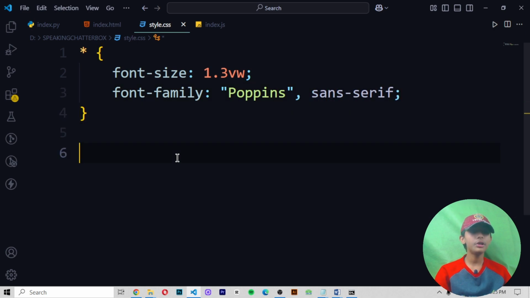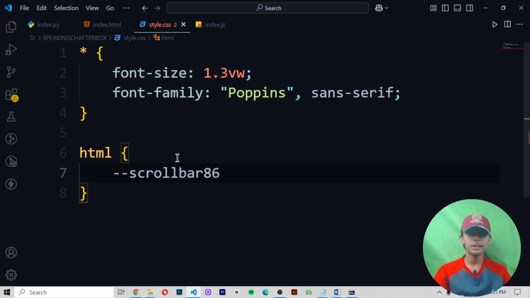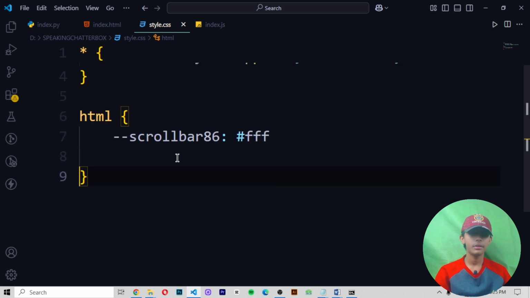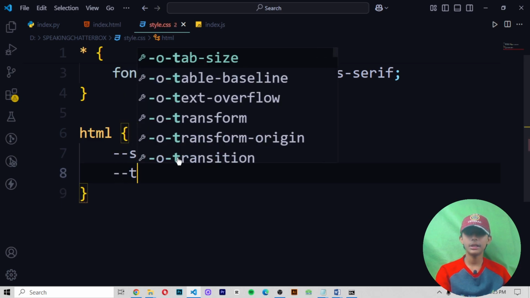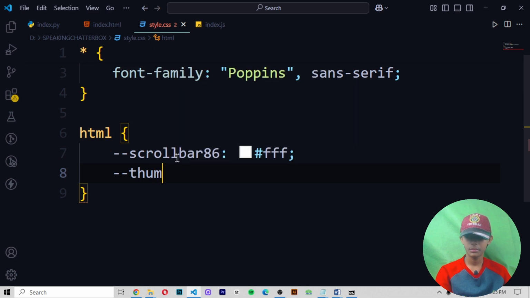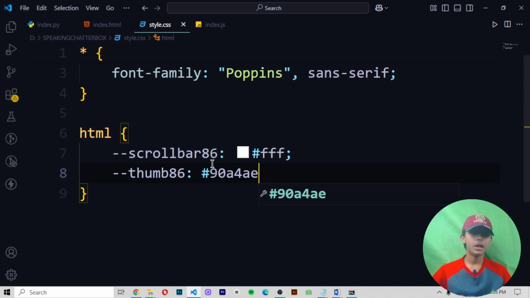Now we write the HTML scrollbar styles, and for the thumb we write the color hashtag 90A4AE.